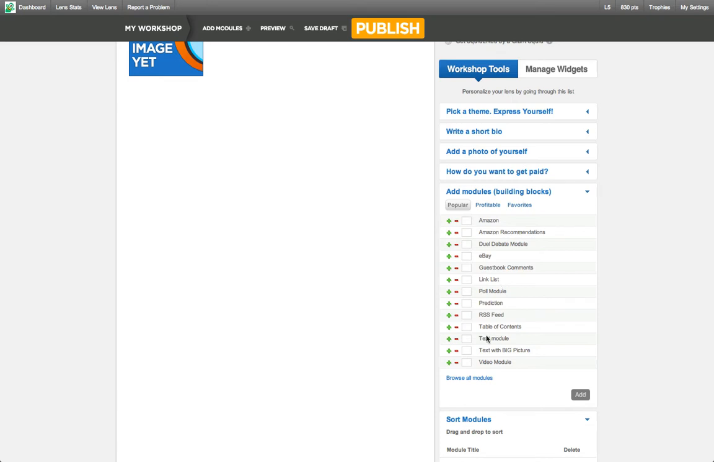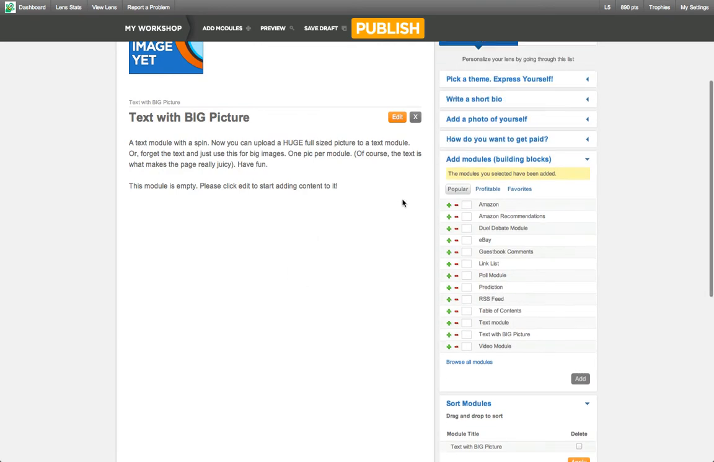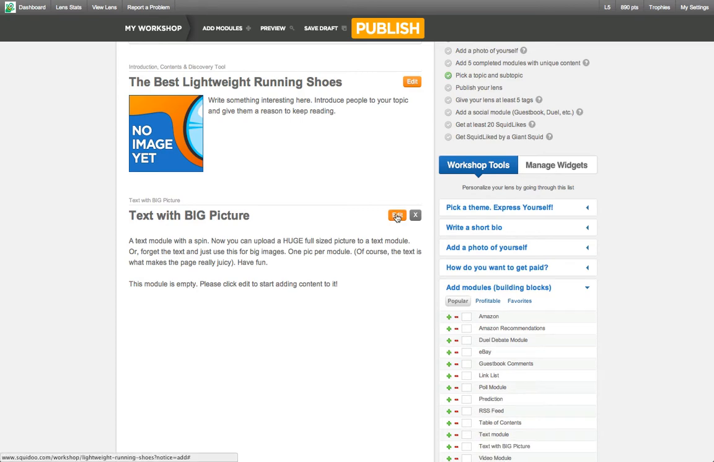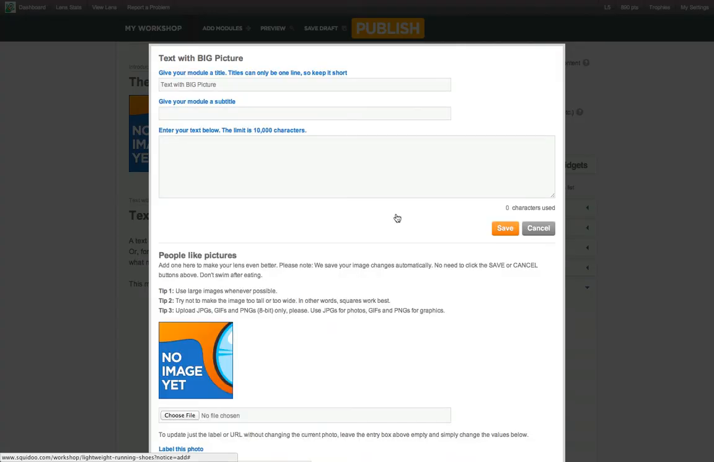and I'm going to want to put in text with a big picture, and you can either click the plus, which will add it, so we can add as many modules as you want, or alternatively you can just type in 1. So if we add the first one in, as you see it's been added to our lens. So next I'm going to add some content, so click edit,